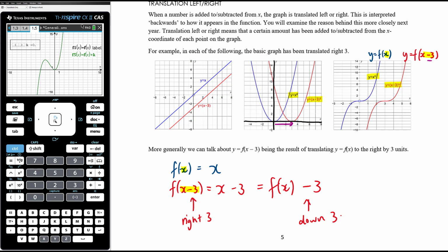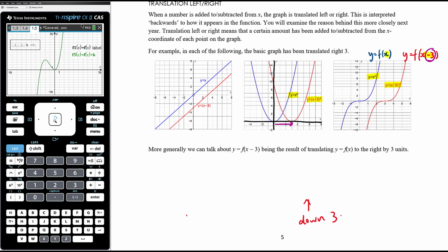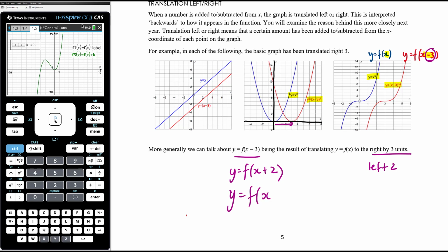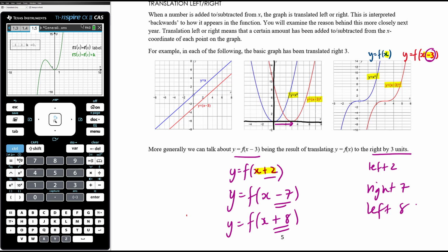Okay, the key thing though with the translations left and right is it's the opposite of what you think it should be. Okay, so we've seen that f of x minus 3 is a translation to the right by 3. If we had y equals f of x plus 2, that would be a translation to the left by 2. If we had y equals f of x minus 7, we would be going right 7. If we had y equals f of x plus 8, we would be going left by 8. Okay, so it is the opposite, and that's something to do with the fact that it's inside of the function,